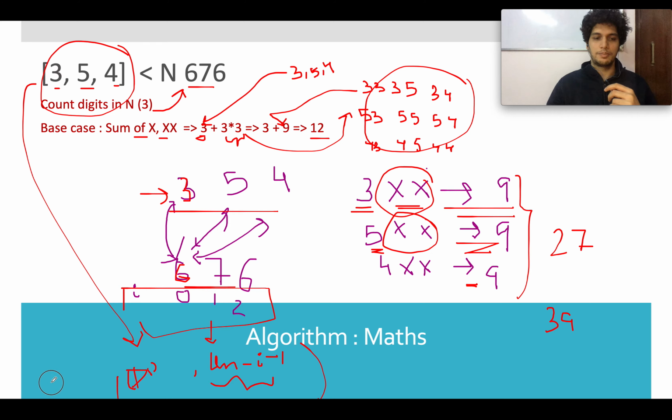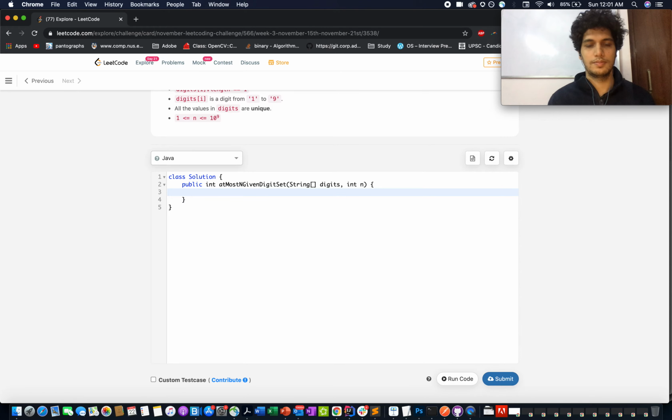So let's code it up quickly. There's one case that is left, I'll be talking about that in the coding section. So let's convert the number into a string.